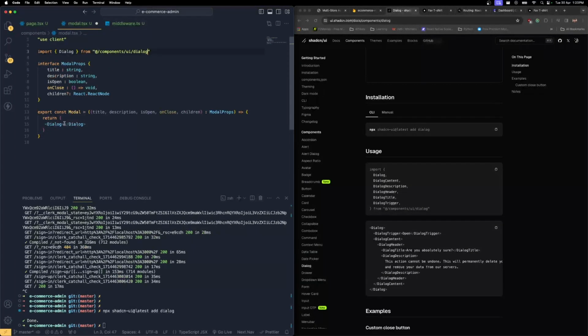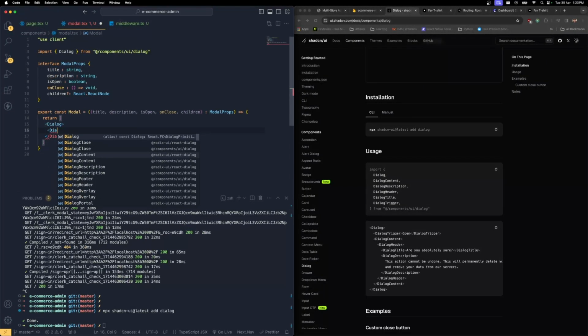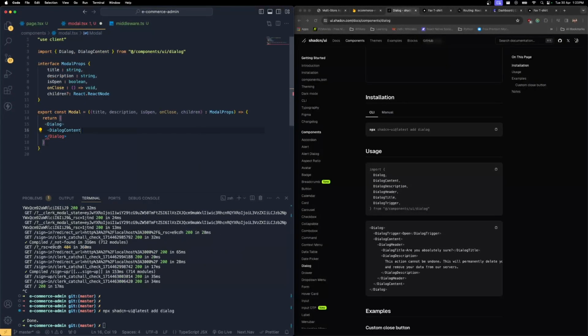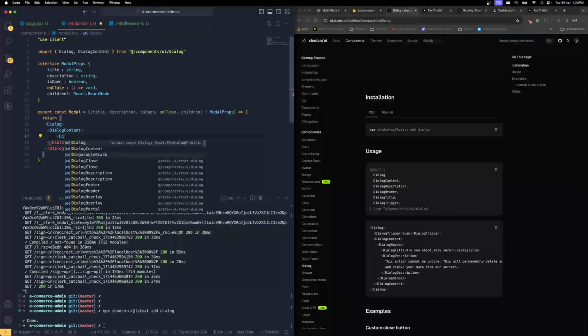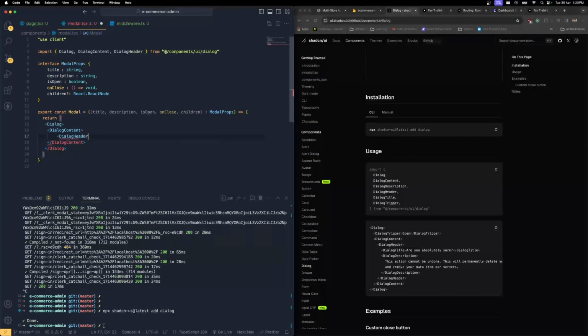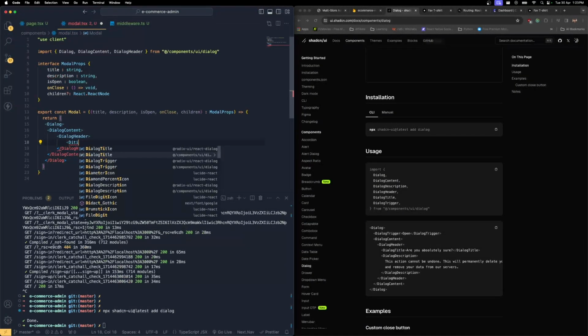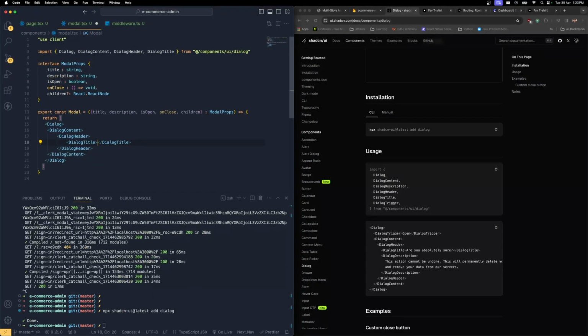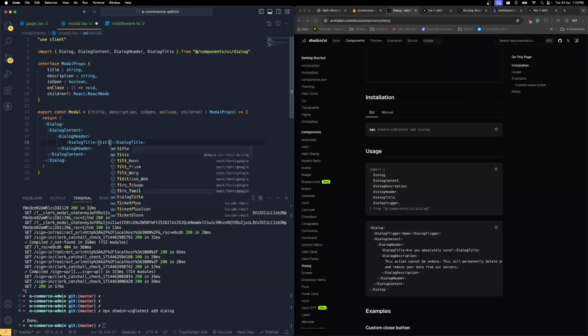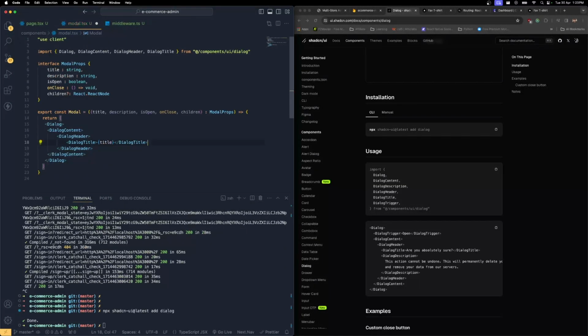So Dialog, okay, and inside here we are going to make the DialogContent. DialogContent should come from the same location, and enter. We are going to bring the DialogHeader, which is coming from the same location, and inside that we are going to bring the DialogTitle, which is also going to come from the same location. Make sure that it is being imported from the same location, and inside here we are going to bring the title prop, and we need to bring